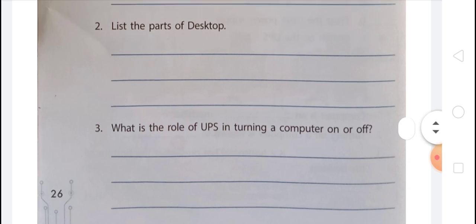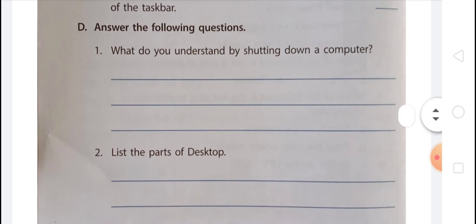Let's revise all questions again. First question, what do you understand by shutting down a computer? The process of turning off a computer is called shutting down. Second one is, list the parts of desktop. First is icons, these are small pictures present on the desktop.